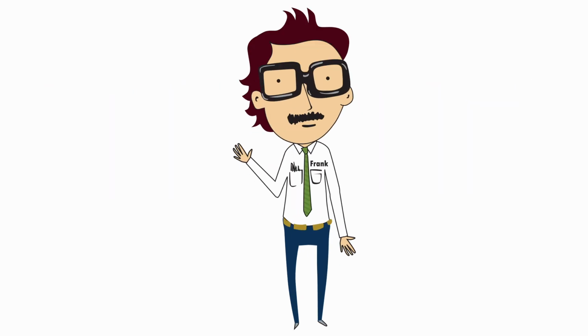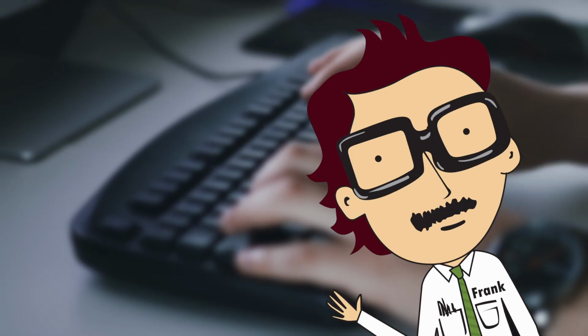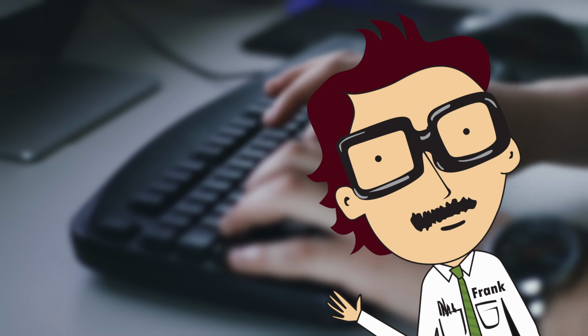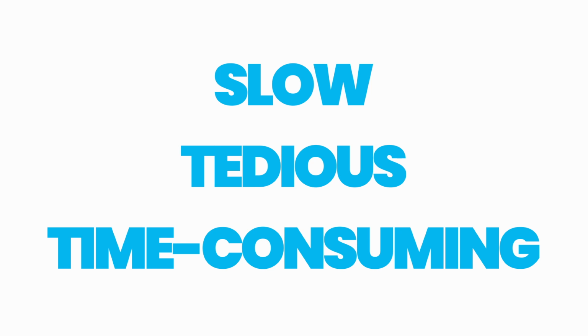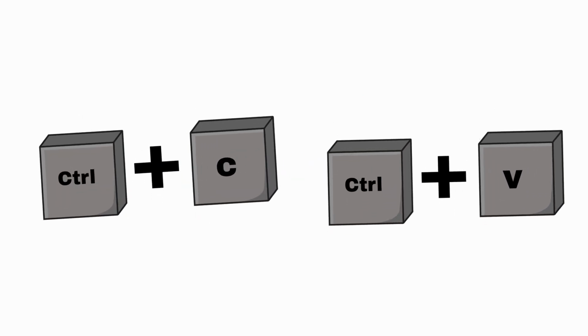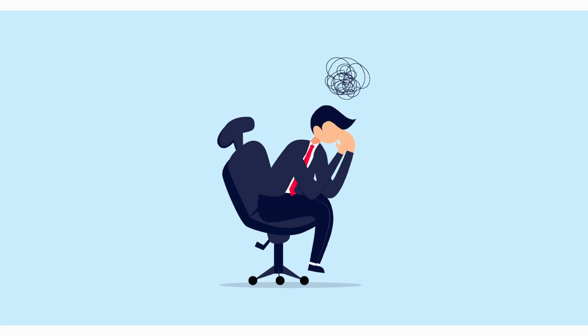Frank and thousands of engineers like him face 3 major pain points every day. 1. Manual data entry. Frank has to type everything from his CAD system into Infor CSI. It's slow, tedious, and takes him away from real engineering. 2. Human error. Copying data into spreadsheets leads to costly mistakes that stall production. 3. No visibility. Once data leaves engineering, changes are hard to track, and Frank loses confidence in what's actually being